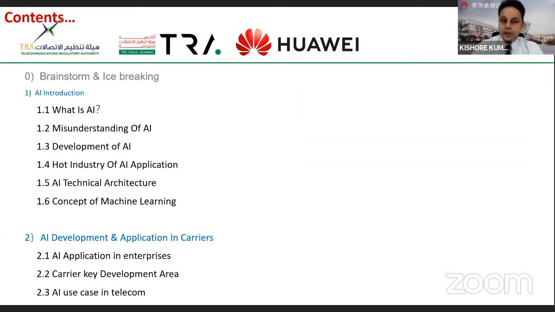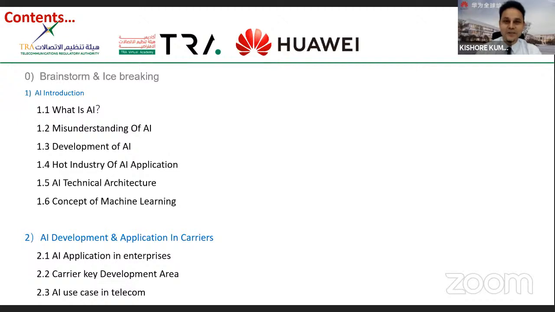Today, basically, we'll talk about two different parts. We'll talk about what AI is, and we'll clear up some buzzwords, hopefully. And then we'll talk about how we can use AI technologies for different areas in telecom industries, for mobile carriers. At the end, we'll have a question and answer session for 15 minutes. At that time, you can raise your questions.